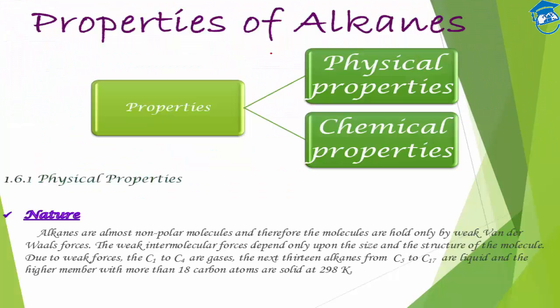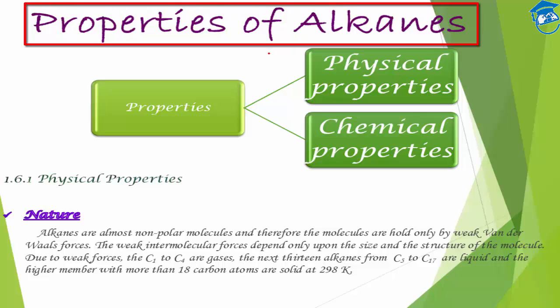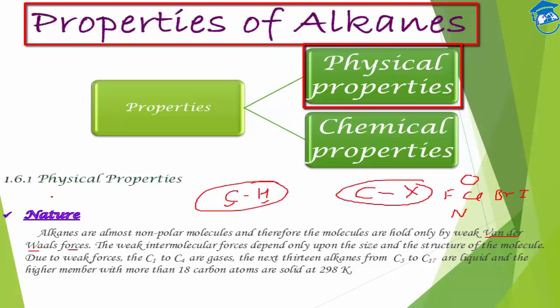Proceed. Properties. So properties we will categorize as physical properties and chemical properties. So first of all, the physical properties. First, come to the nature. So alkanes are non-polar molecules, and why non-polar? Because the